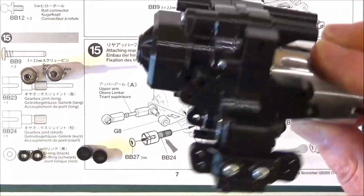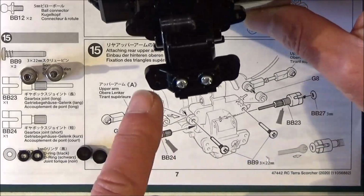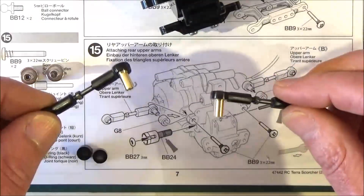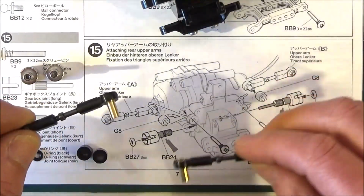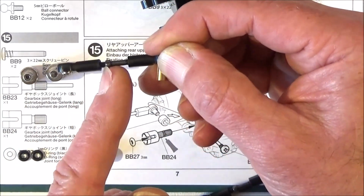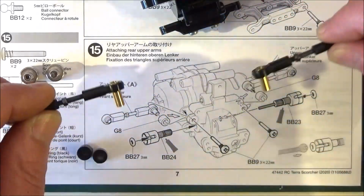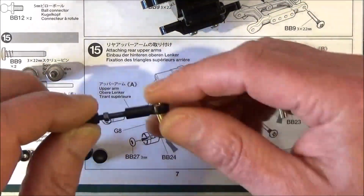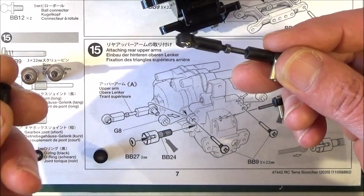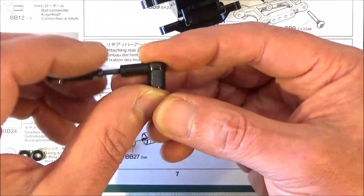For step 15 you need to get your rear gearbox assembly, because we're going to fit the rear upper arms, and again follow the orientation of that diagram. You need 2 of the arms you've made before, an A and a B. So basically the hex on the upper arm is going to point to the left on both of the upper arms, like so. So we need to get this plastic part, which is a G8, push that over the brass